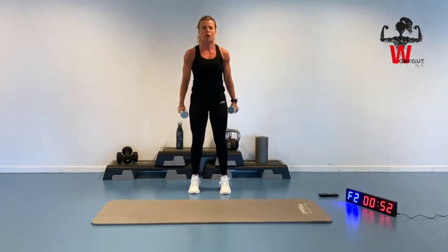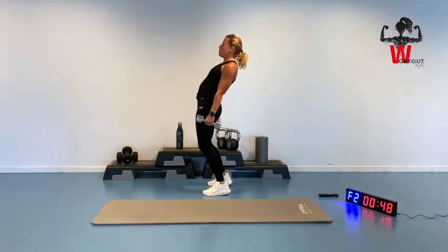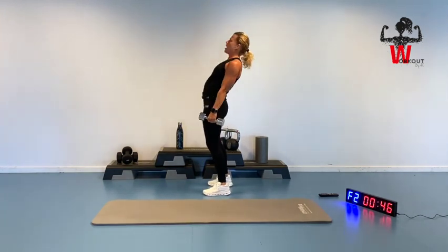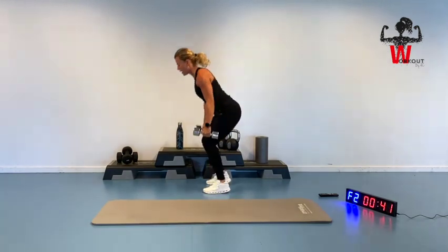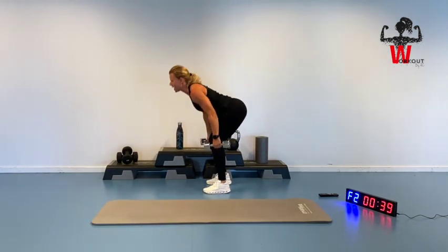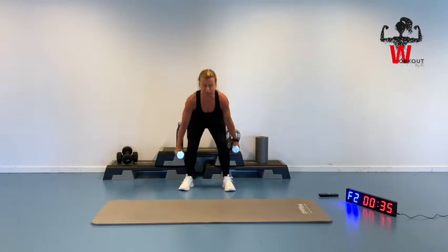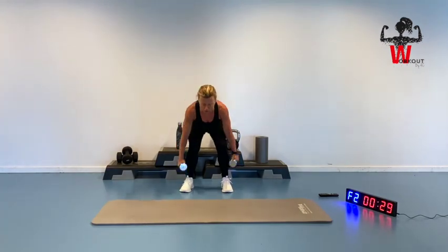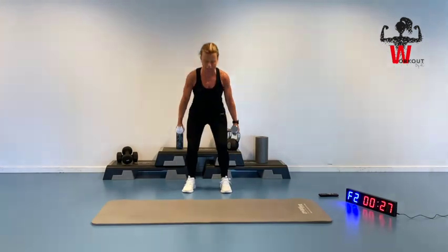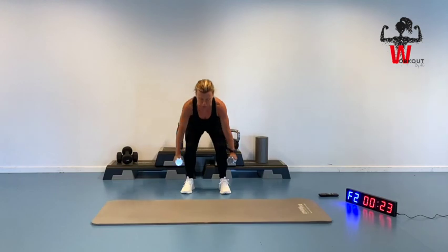If this is too much, you go with a total body extension, and when you do that, don't push your hip forward so you do an uncomfortable movement in your lower back. So stay up here, bring it up and down again. A good distance between your feet makes it a lot easier to go down. Shoulders are back, and you can of course leave the dumbbells and do the jump squat all just body weight,